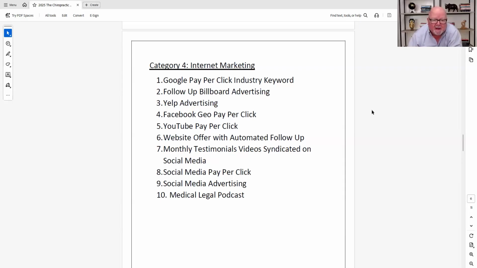That's that. Website offer with automated follow-up. You should always have an opt-in capture on your website with the follow-up. And the follow-up solution, don't make it gateway based, because if you do your opt-in for back pain and they got neck pain, there's no reason for them to follow up. So you always make it about pain, muscle spasm, restricted mobility, because those are the 3 number 1 symptoms the patients have. So it doesn't matter if they have neck pain, back pain, sciatica, disc bulge, it applies.